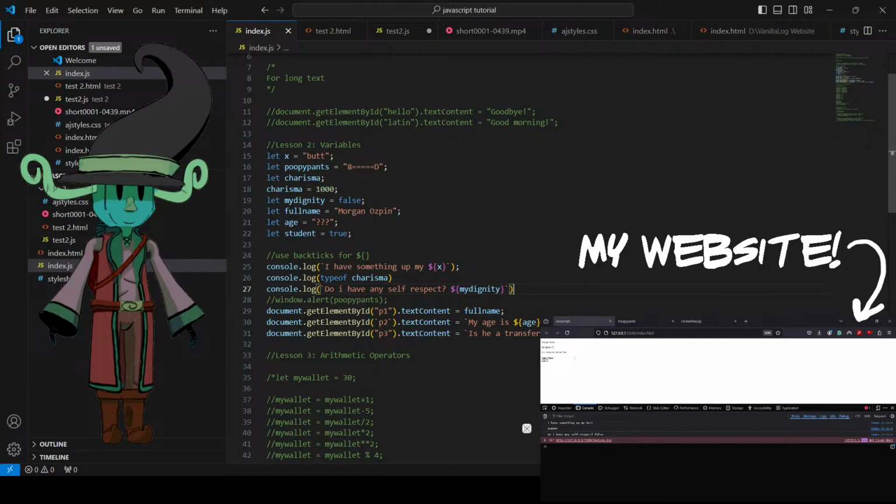Okay. Full name, Morgan Ozpin. Name is a transfer student? True. Okay, so that's how it works. So you can also use the get element ID for booleans, strings, and numbers here. Okay. And then,